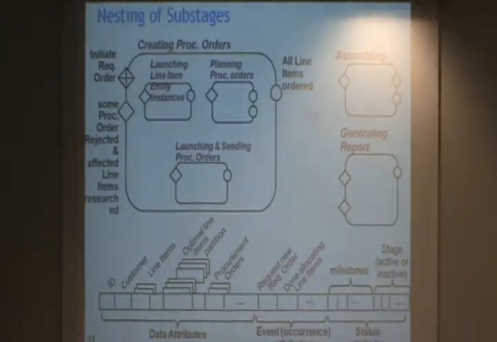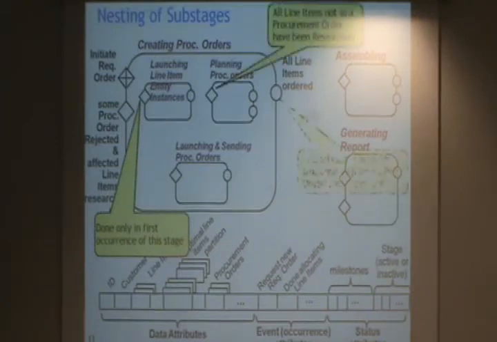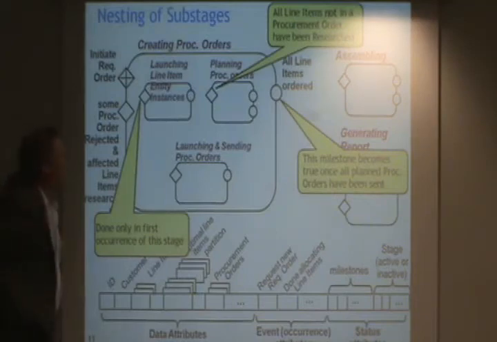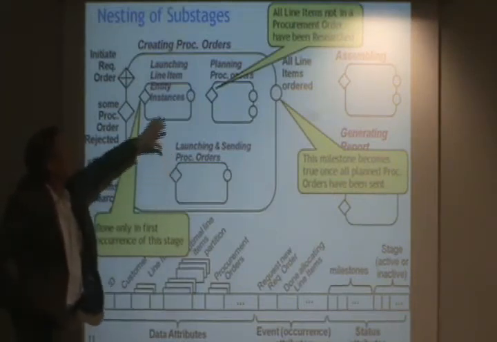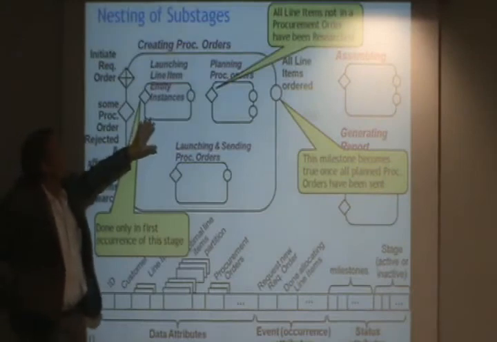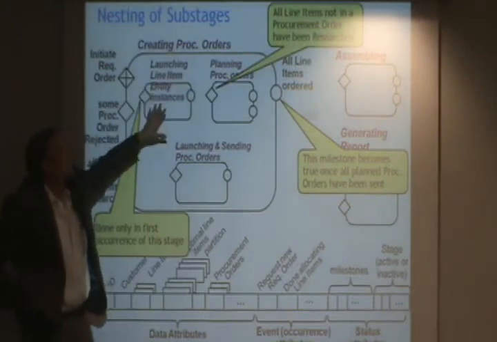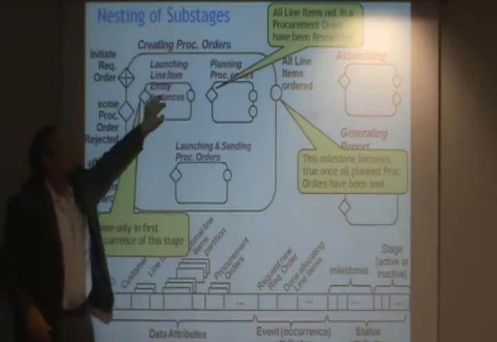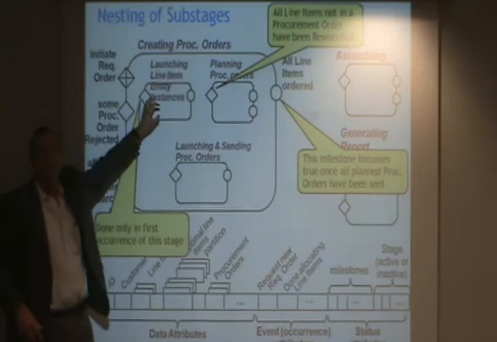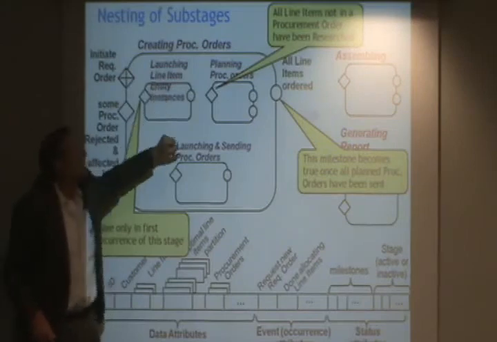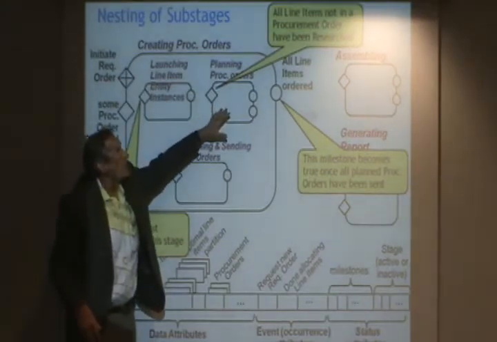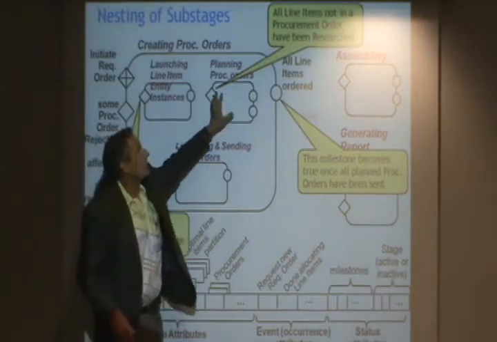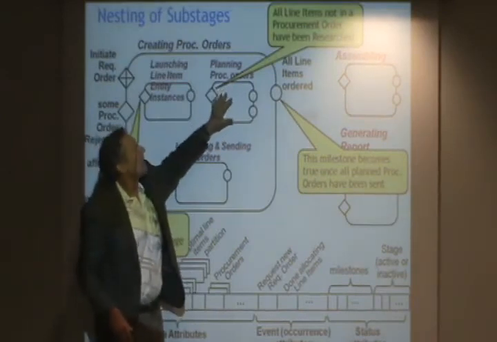I mentioned there's nesting of substages. It might be that when I get started with a procurement order, I've got maybe 10 line items, and maybe one thing I have to do is create 10 line item entity instances. So maybe I'm doing that there, and then here, if I've still got stuff to research,